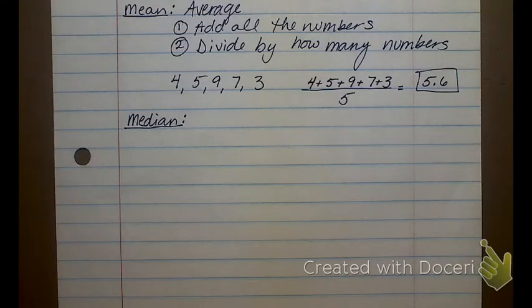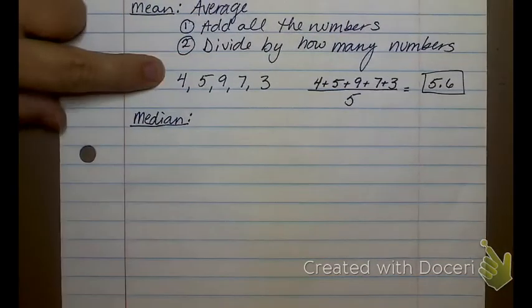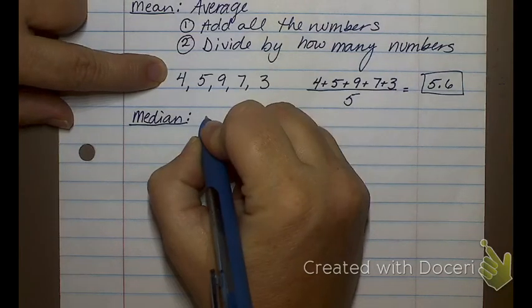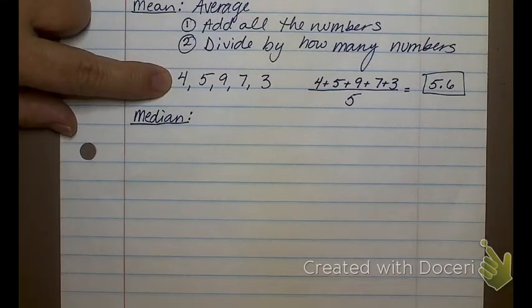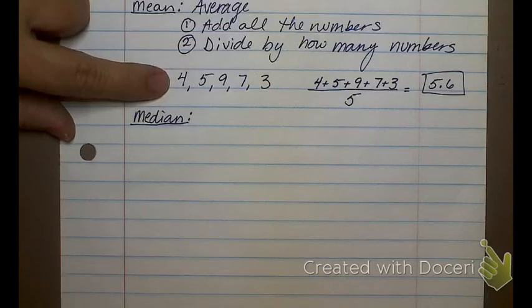What is that thing called? It's called the median. Why is it called the median? Because it's in the middle of the road. So the median of the road, that always reminds me I need the median or the middle of my set of data. Now, if I put my numbers down like this, what would the median be if you look at that? It looks like it's 9, doesn't it?